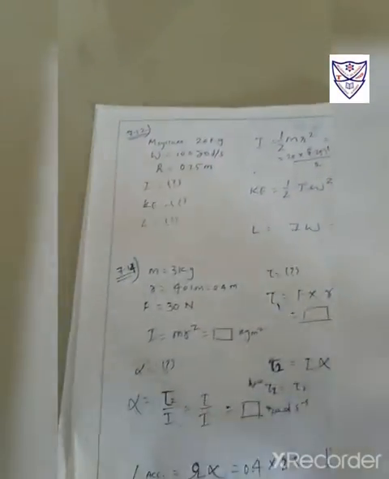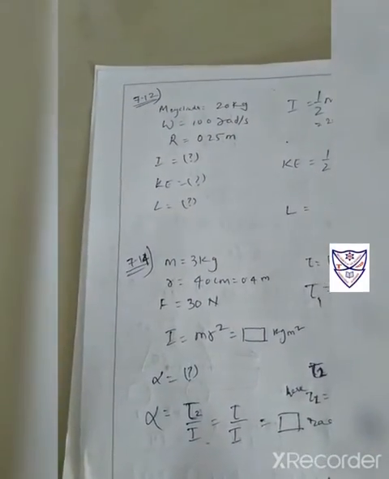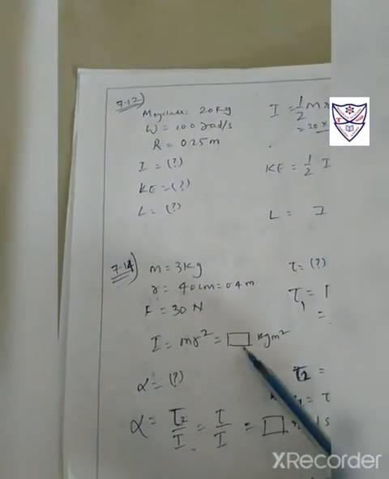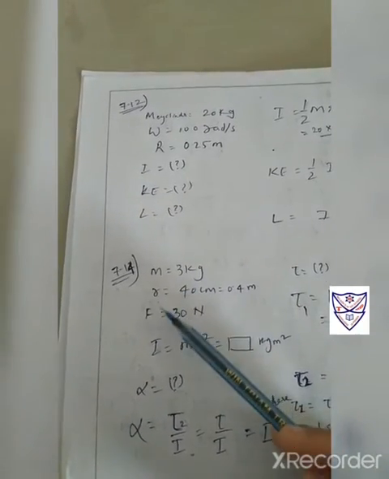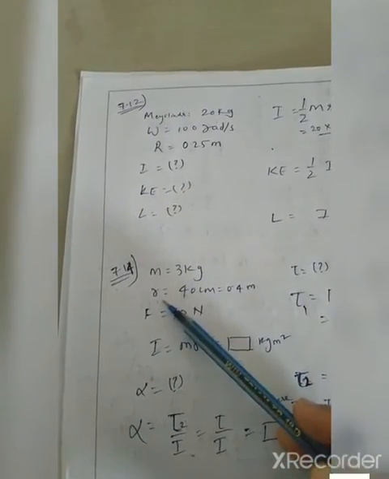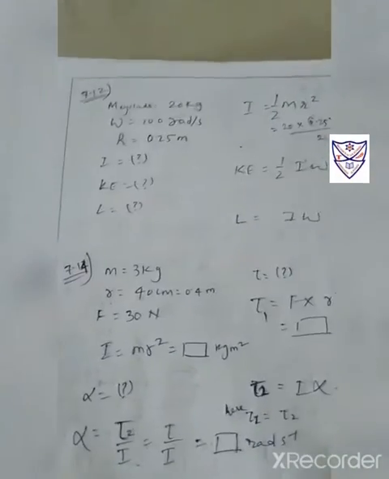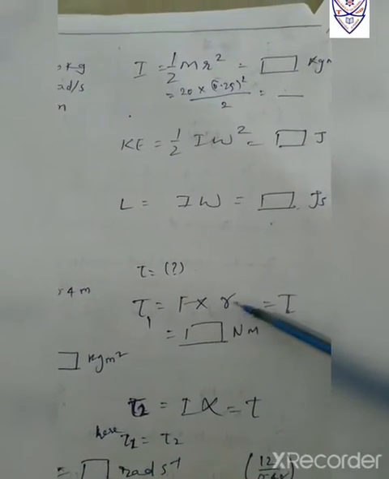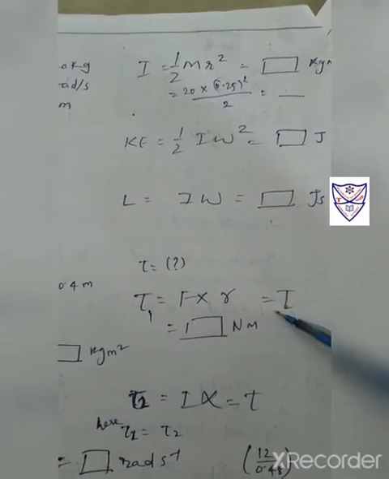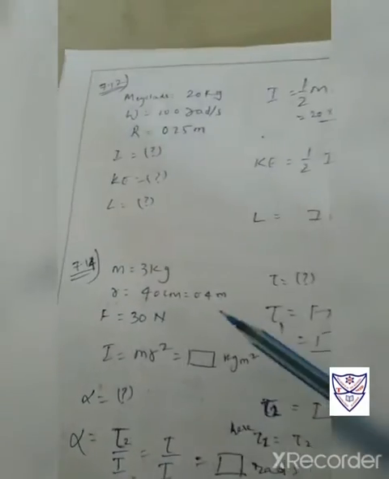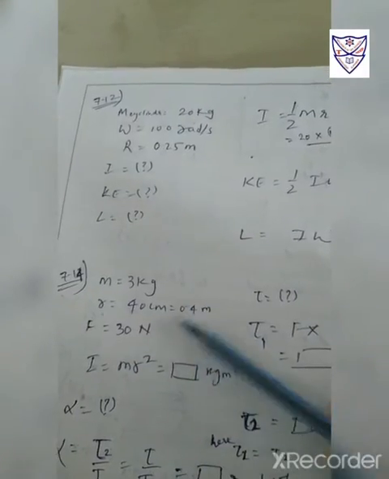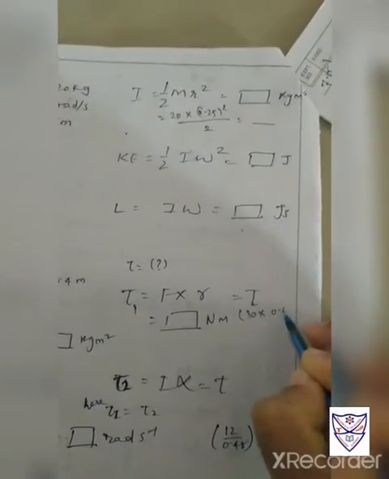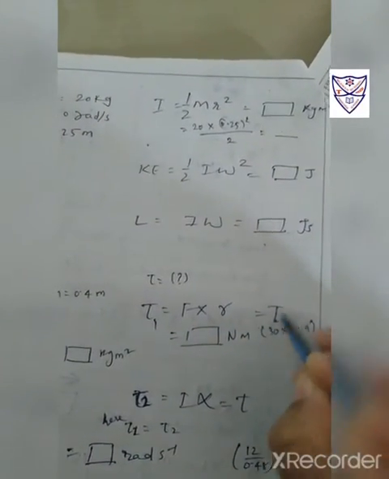Okay. Now for the next one, again see the question carefully and you will understand according to the data. They have asked you to find I, the moment of inertia. So M, R and F are given: mass is given, R is the radius, and force is given. So here you first have to find the torque. I can write torque 1 is equal to F into R. F is given to you, R is given to you. Just multiply these, you can write 30 multiplied by 0.4, and that will give you this torque.